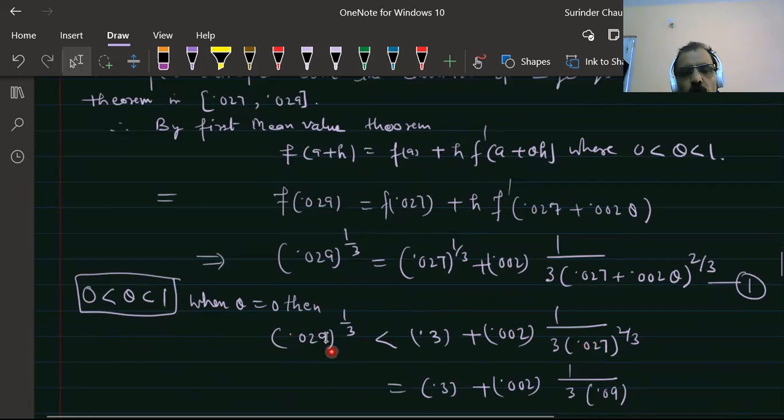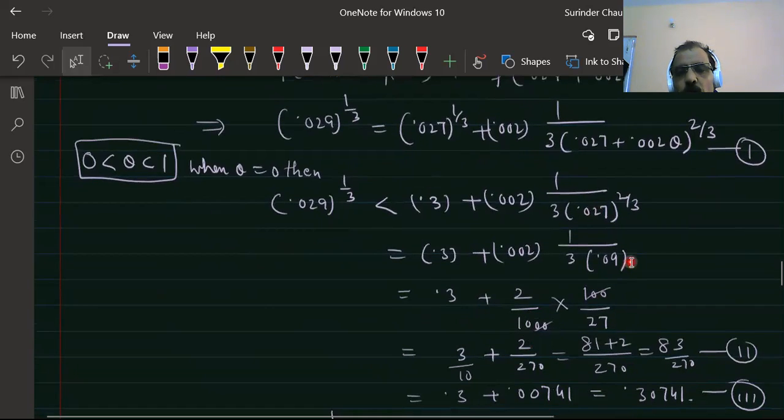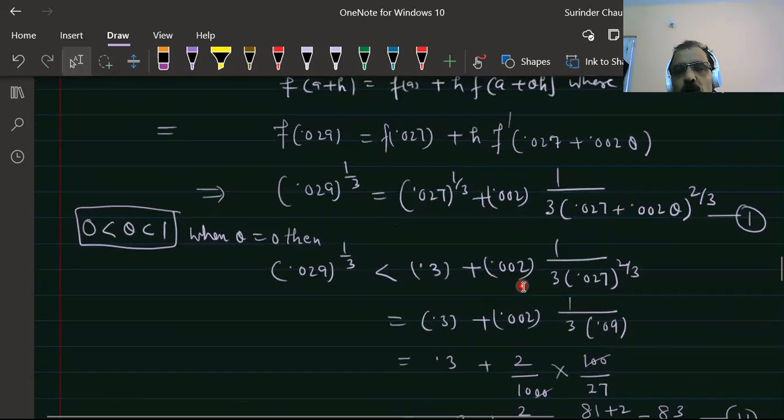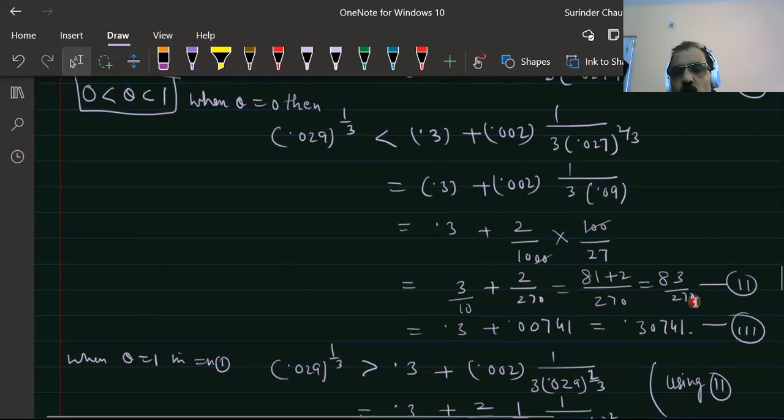So this will become smaller, and this term will become greater. This is the root of 0.027 plus 0 point h, equal to 0.02, 1 upon 3 of 0.027, equal to 0.09. When we do the simplified mathematical calculation, we got this, and substituting the value, it is equal to 0.27. This comes out to be